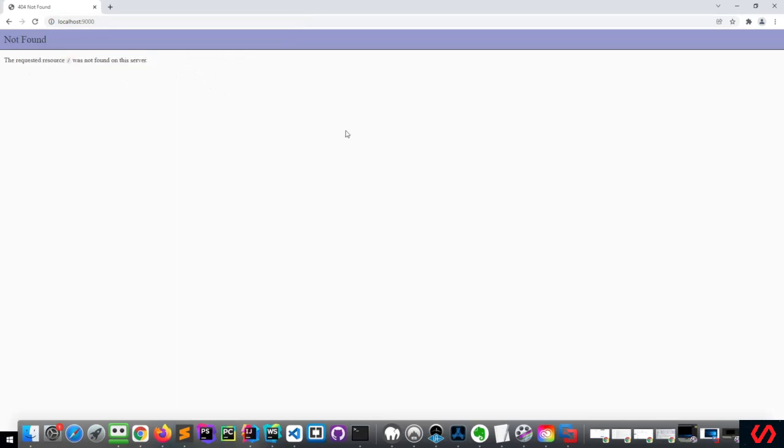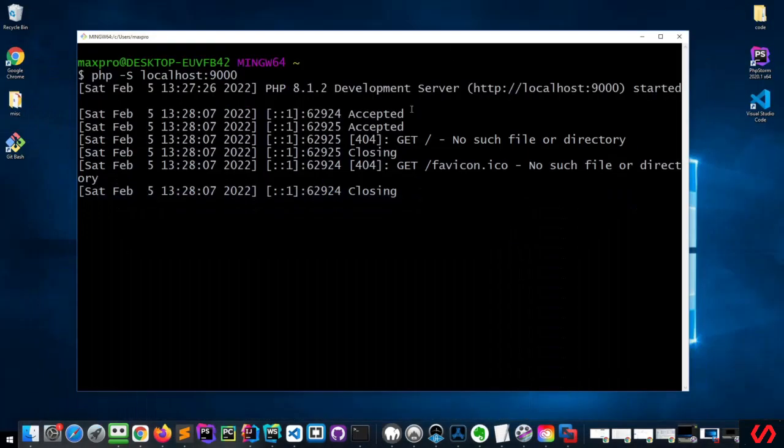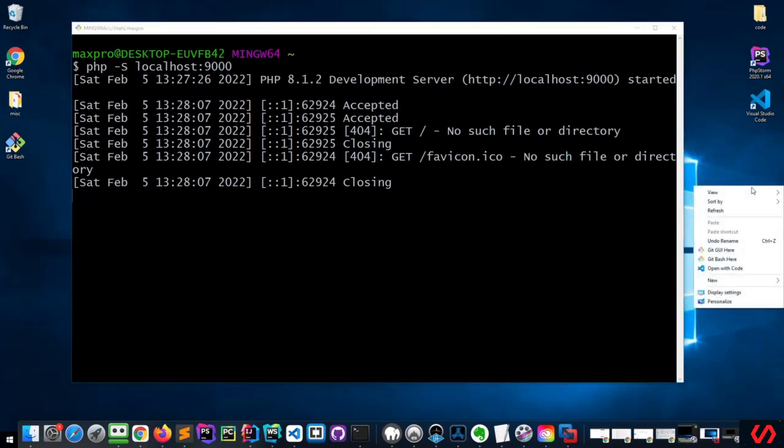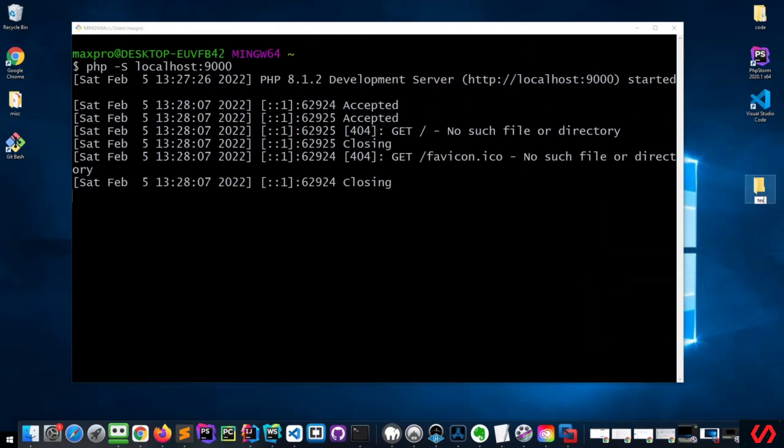and there is no resource here, meaning that we don't have any files in there. So let's fix that. Let's create a folder right here. I'm going to call this test PHP,